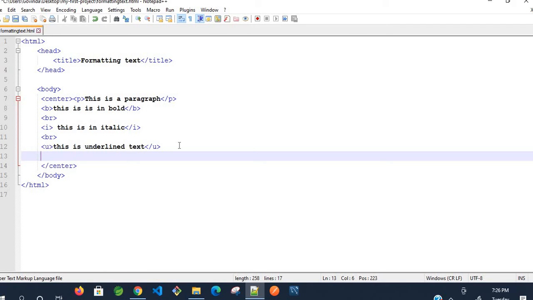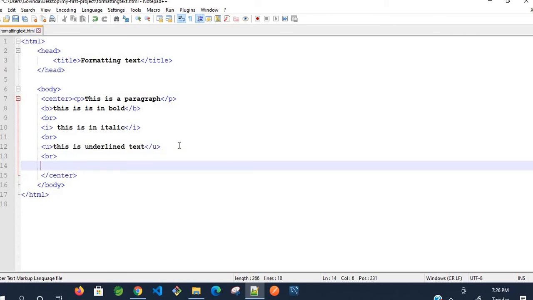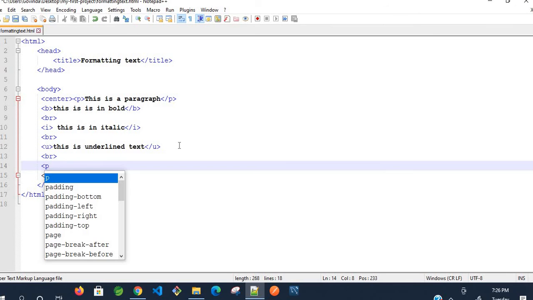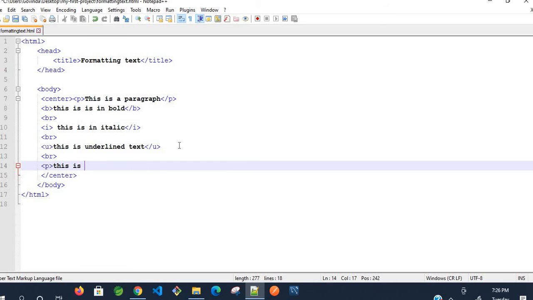Now here what I am going to use is the next tag as strike. Strike means the text will be displayed along with a strike line, that is nothing but a single thin line on the text, over the text. Okay, now add one more break line so that it will display in the next line. Okay, here inside the paragraph I want to use this is A. Okay, now use the strike